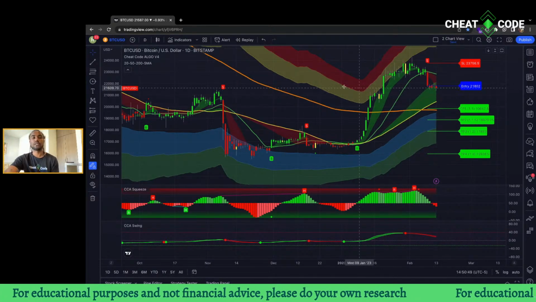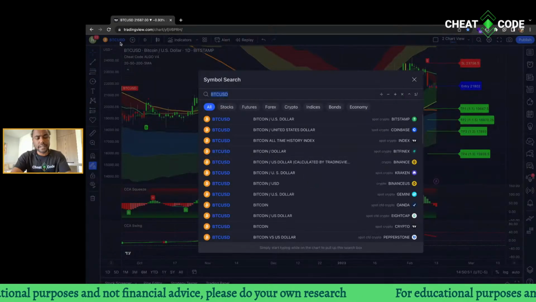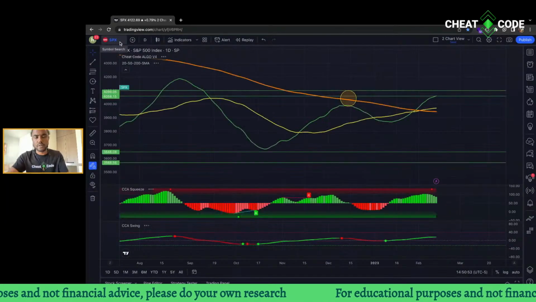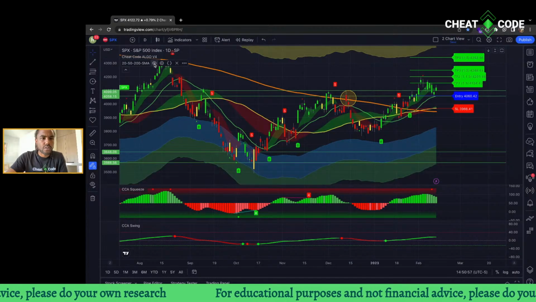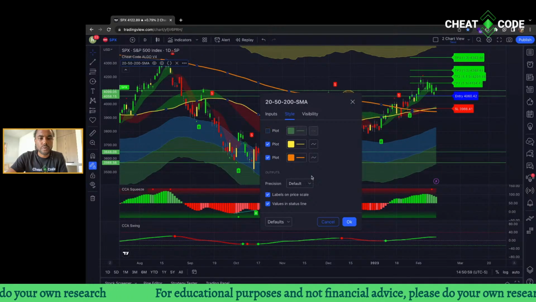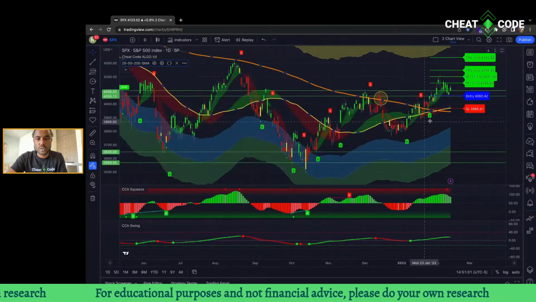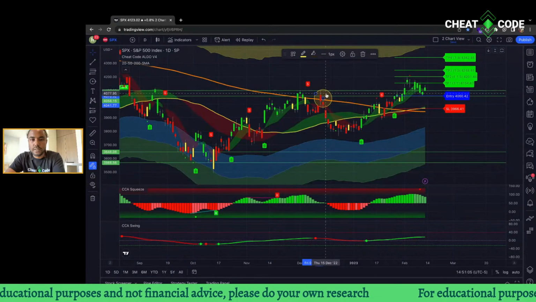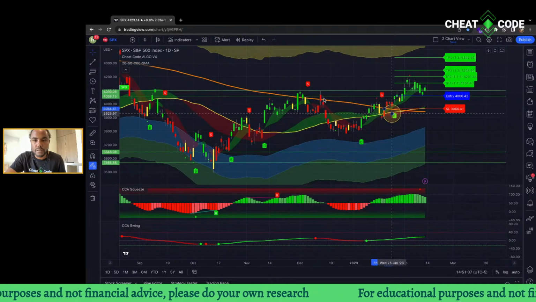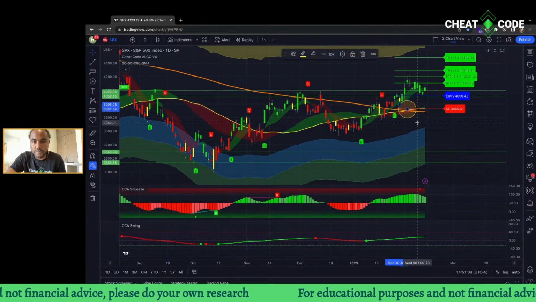So you want to pay attention to these moving averages. And like I said, it works across so many different tickers as well. We're going to turn off the 20 for right now so we can just focus on the long-term ones. So you can see here the golden cross happened. Let me move this here. So the golden cross happened here, right?